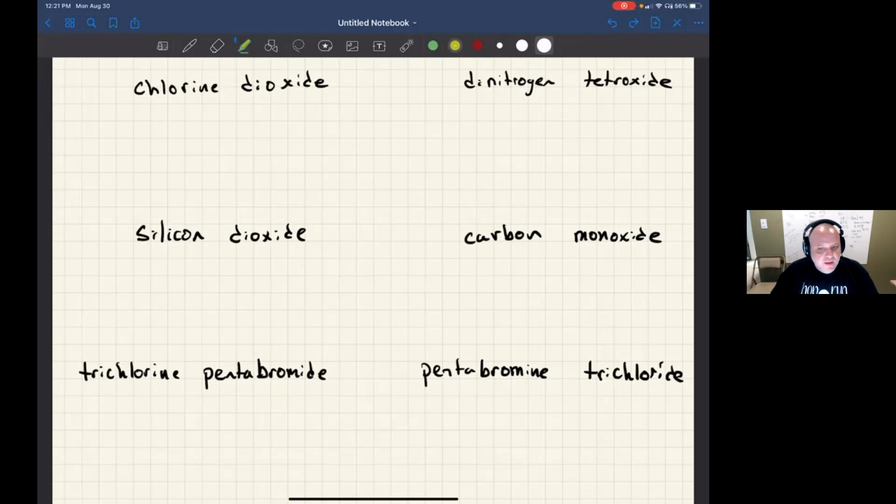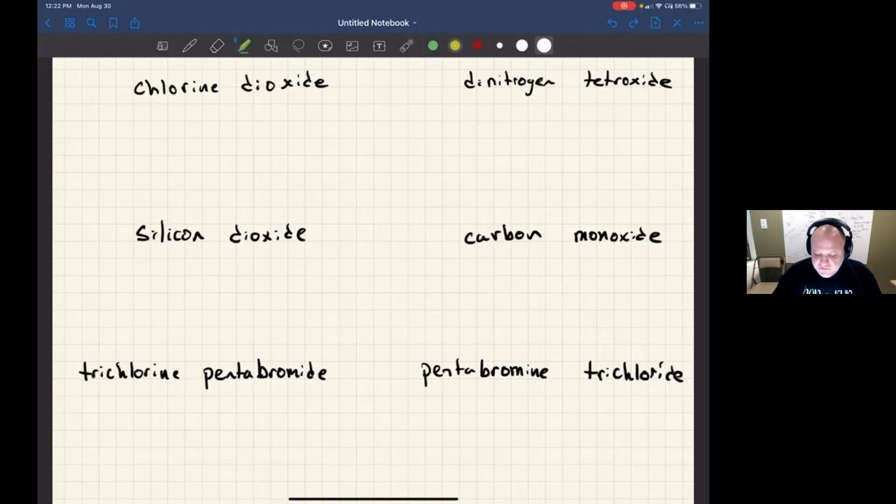We're going to use mono, di, tri, tetra, penta, hexa, hepta, octa, non, and dec for the prefixes. And then all we do is, for the first atom, we use the atom name, and for the second atom, we use the monatomic anion name. And then we apply these prefixes. The only other rule is that we don't use mono as a prefix for the first atom. There are going to be some examples of all of these rules as we get through. I've even included a couple of fictitious examples to illustrate a couple of